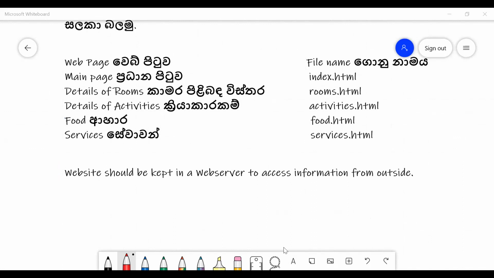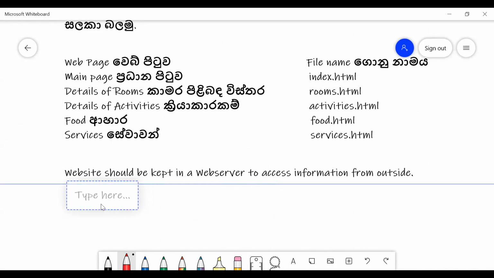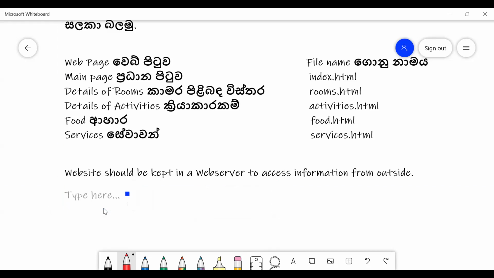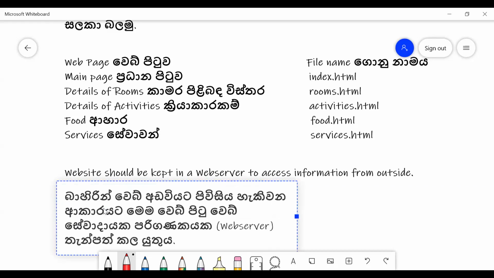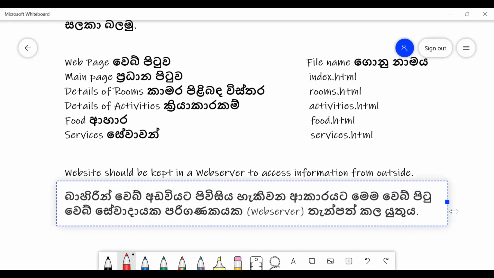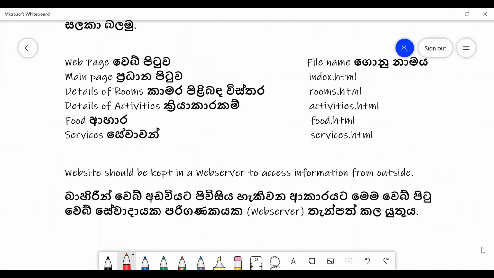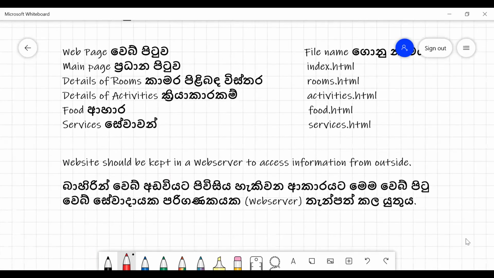So we have to put into a web server. So remember, so we can see